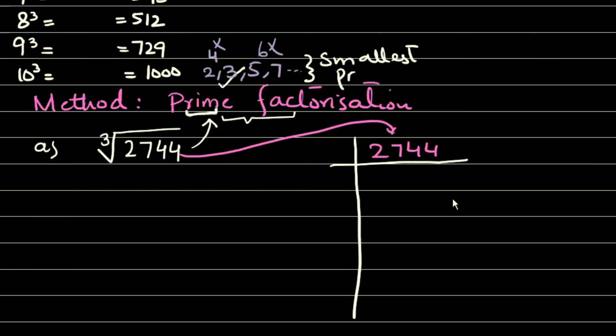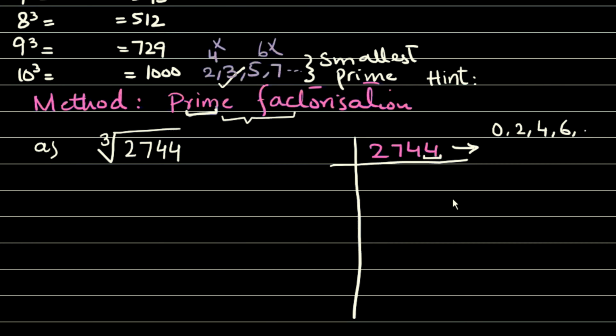Here is also a hint: you have to memorize, or you need to be very good at, divisibility rules. You can apply the divisibility rules before dividing, so you will be comfortable during division. Let's start. As you know, this number is an even number. What is meant by an even number? When any number ends in 0, 2, 4, 6, 8, any one of these, the whole number is called an even number. That means the number is completely divisible by 2, right?